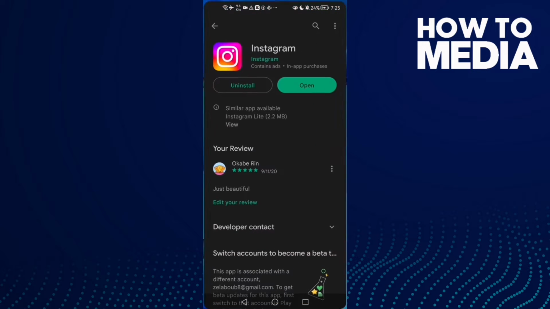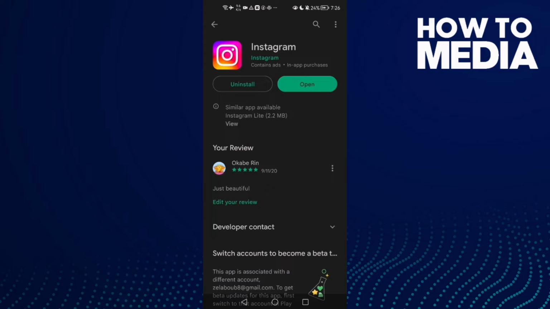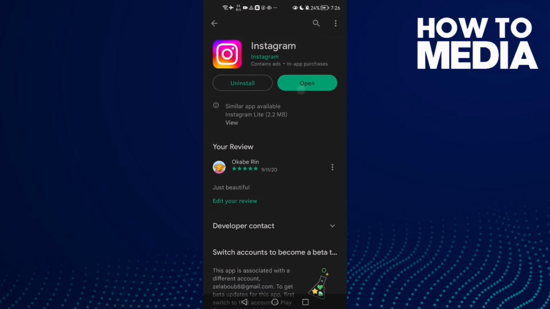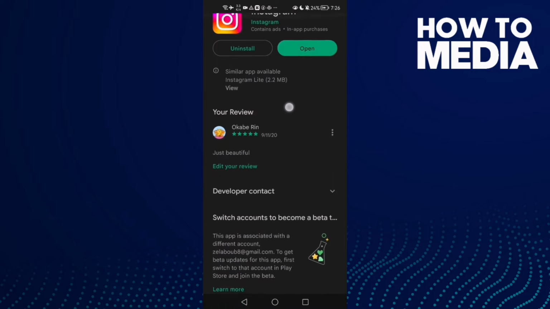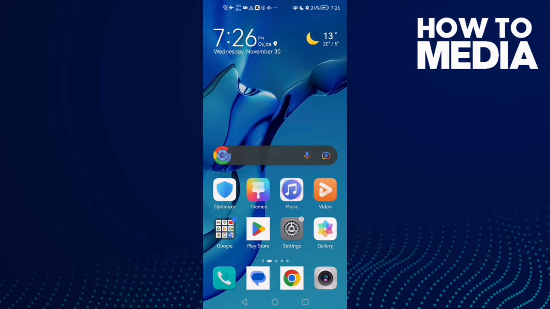First, open Play Store or App Store and make sure your Instagram is updated. Just see if there's any update here, and if you found it, just click on it. And if that doesn't fix your problem or you can't find any update here, now let's move to the